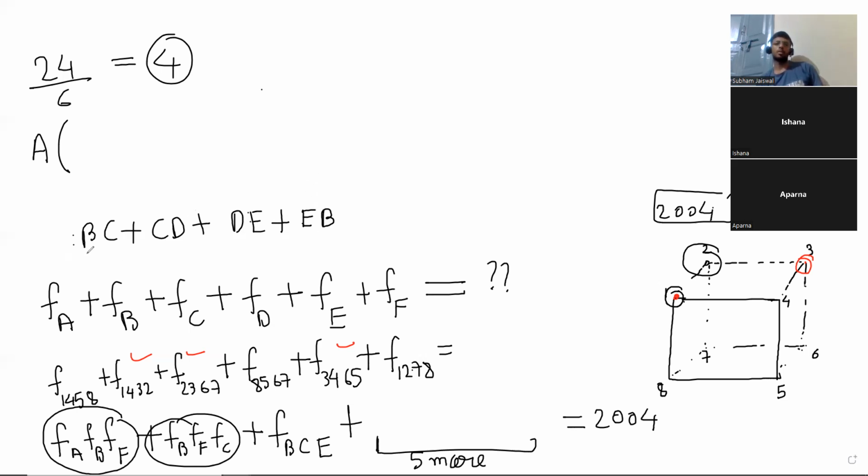Yes, and those 4 terms will be like this. So what I'm trying to say is that when you take a face, let's say you take the front face, this 1, 4, 5, 8, that is going to come in 4 terms in this calculation, because it is associated with 4 vertices, 1, 4, 5, and 8. So those 4 terms are, apart from the A, there will be 2 other faces featuring. A is no more there. One other face which is opposite to that will not feature. So 4 faces will feature,